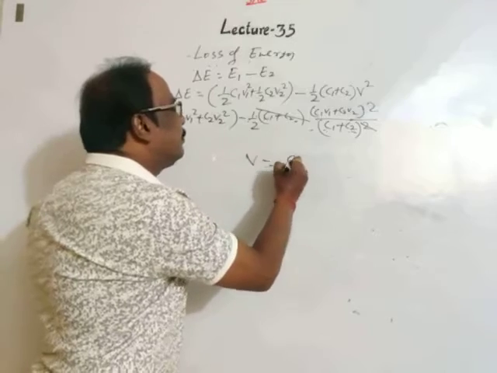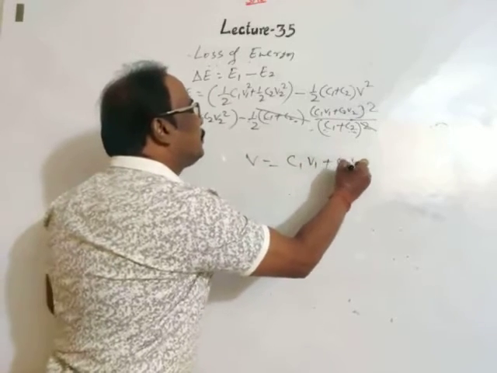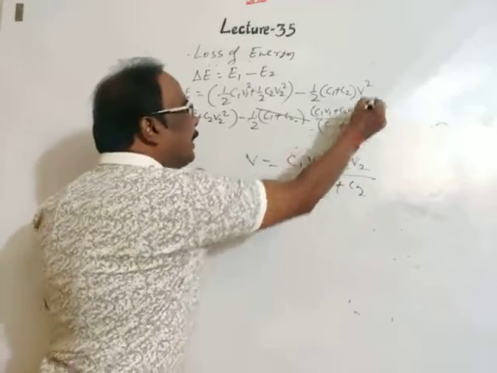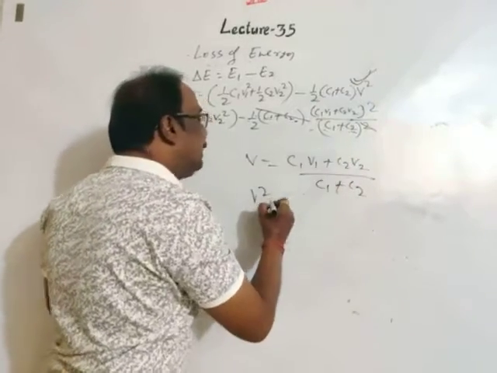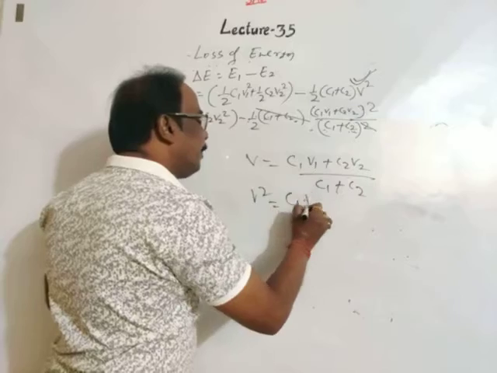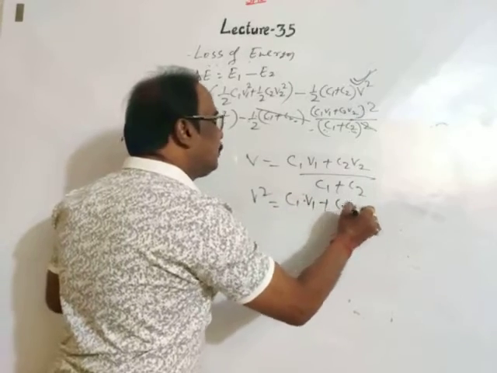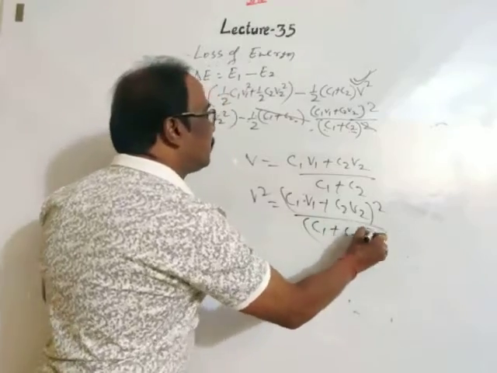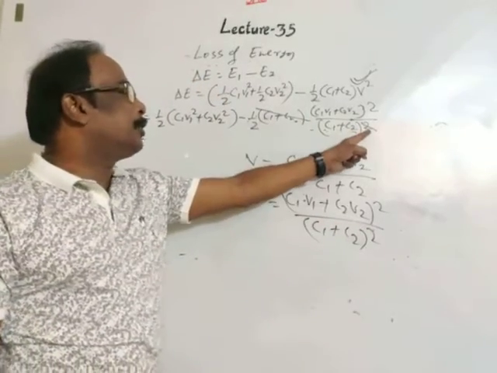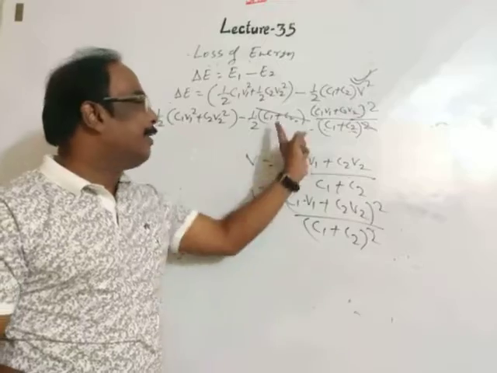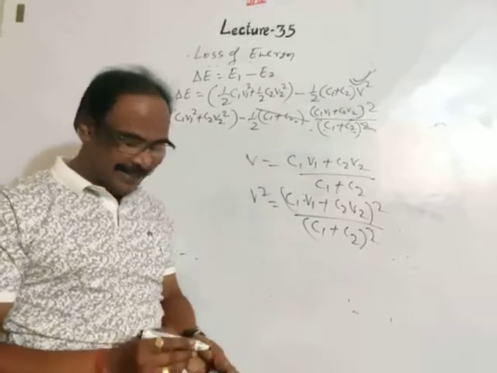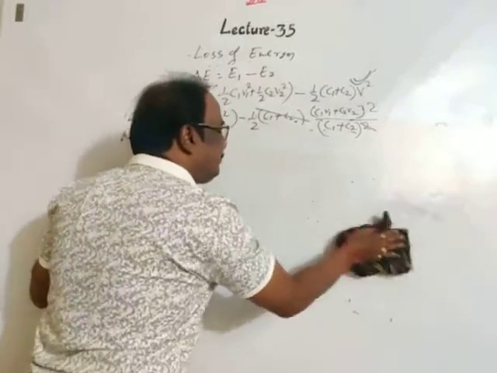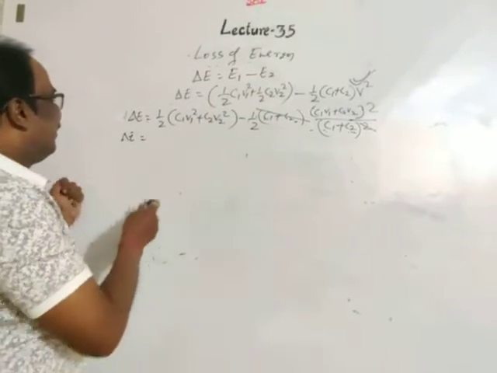See, V is equal to (C1V1 + C2V2) divided by (C1 + C2). So in place of V square, we may write (C1V1 + C2V2) whole square divided by (C1 + C2) whole square. So this is C1 plus C2, this is (C1 + C2) whole square, thus square is cancelled. Okay. So finally, delta E means loss of energy, half